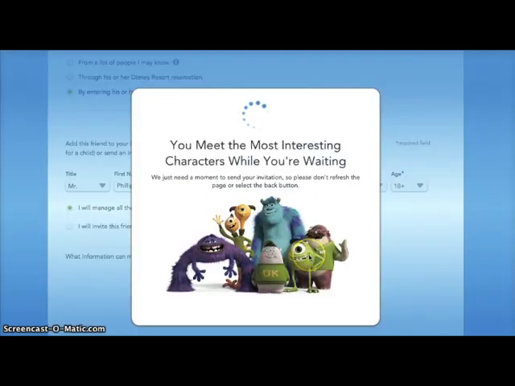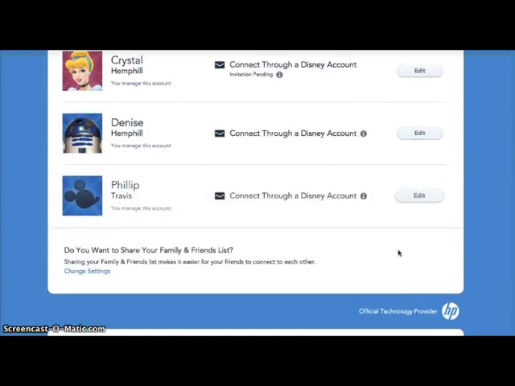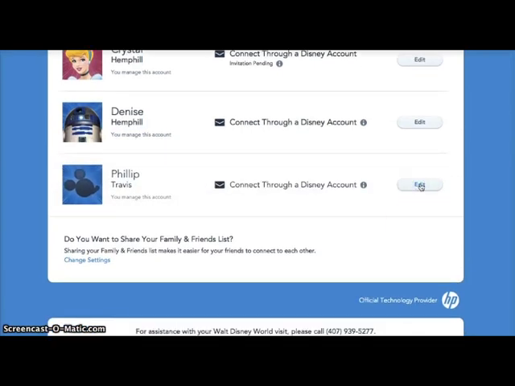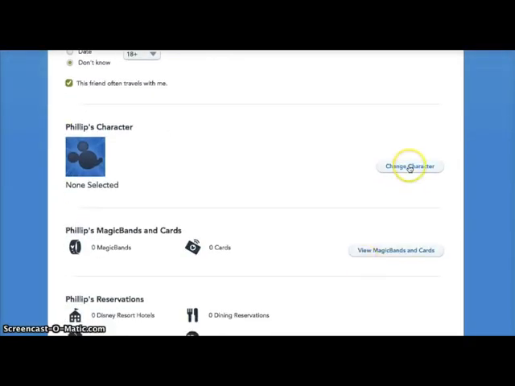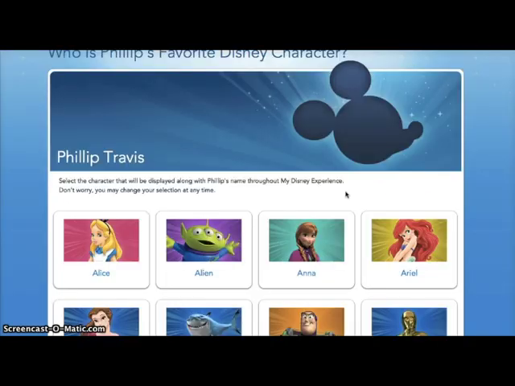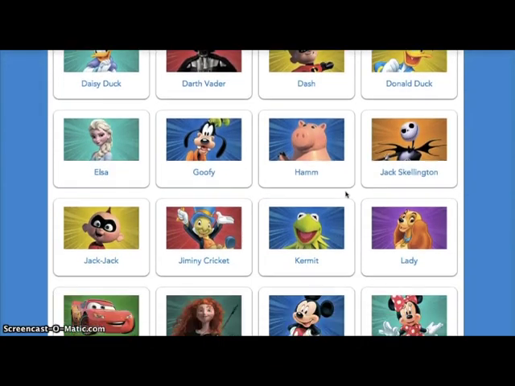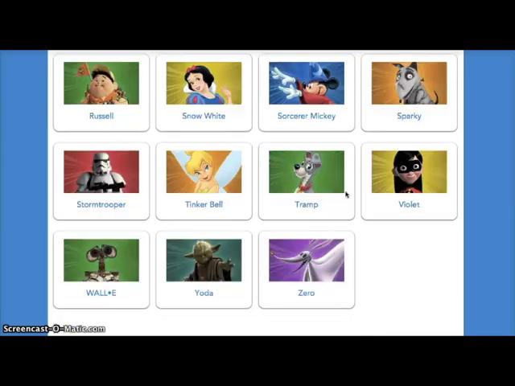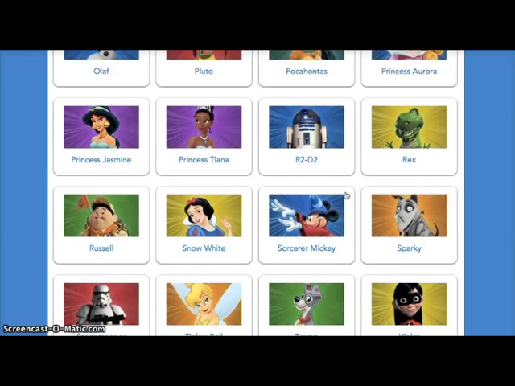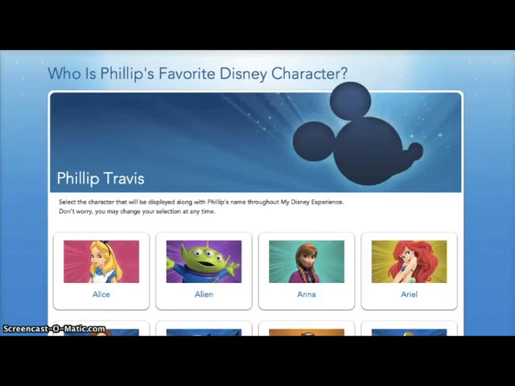You'll hit done at the bottom. And then he will pop up here. I'll click on edit. Change character. Lots of different choices. Some are gender neutral, some are more female related, some are male related. Just a lot to pick. Okay, once you're done with that,